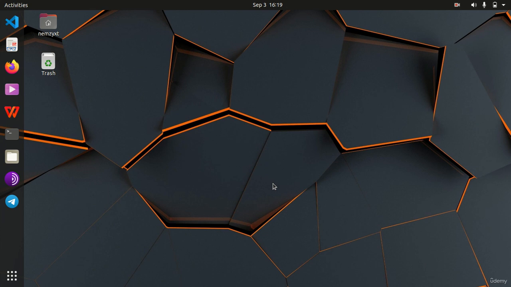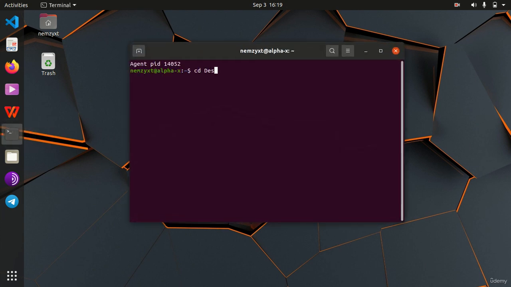Hello and welcome back. In this section, we are going to be developing the remote access Trojan, and for the first lecture, we are going to set up the project and write down a plan. So I'm going to open my terminal right here, navigate to the desktop, which is where I'm going to be working out of, and create a directory that I'm going to call malware, which will contain our malware's source code, and I'm going to open it in my code editor, which is Visual Studio Code.